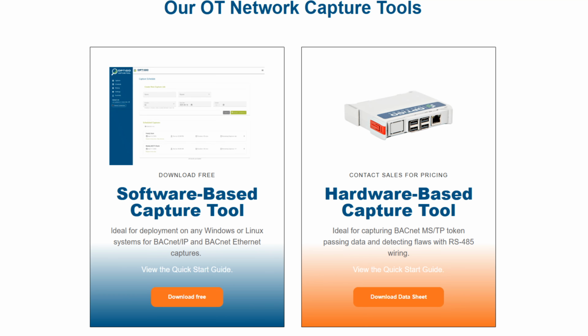That's right. I just want to clarify that the optical capture tool that you can install on your laptop, paired with a USB to RS-485 dongle, will allow you to capture MSTP traffic if you connect directly to the MSTP network. Also, we should mention, we do also offer a hardware version of the capture tool. So you don't want to leave your laptop there. You don't want to set up a PC. You can get a little DIN rail mounted Raspberry Pi with a capture tool built in, and you can install it on your MSTP network.